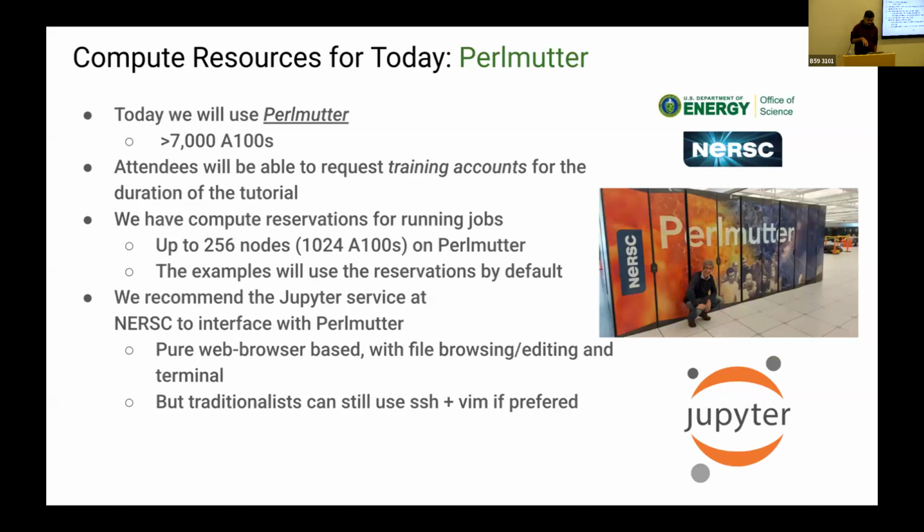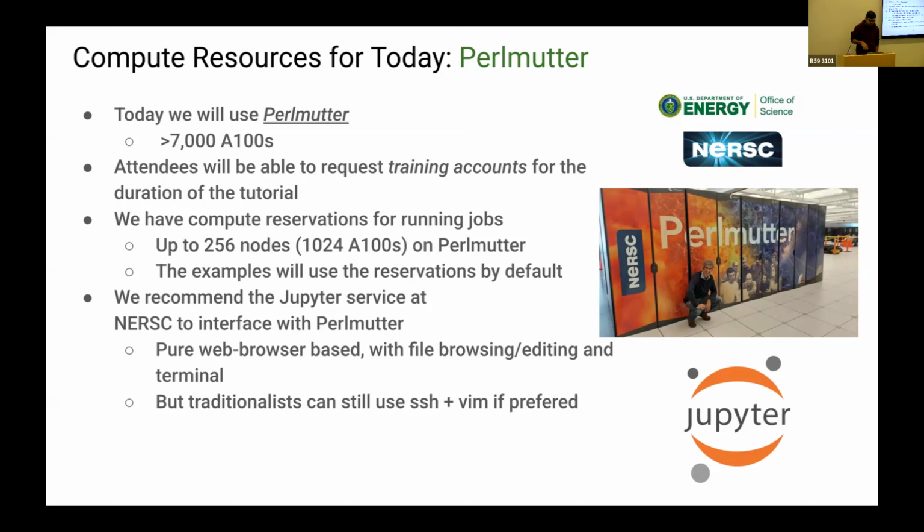We will be using Perlmutter. Hopefully everyone's familiar with what Perlmutter is. It's NERSC's flagship science HPC center. We have more than 7,000 A100 GPUs. I think Steve already went through this, but if you're not a NERSC user, you should be able to request training accounts for the duration of this tutorial. We do have compute reservations set up for the training event, so up to about 1,000 GPUs. All the examples that you will be running and we'll be showing you use these reservations by default, but if you want to do stuff later on after the training, you can just turn off the reservation flag and you should be able to still submit jobs to